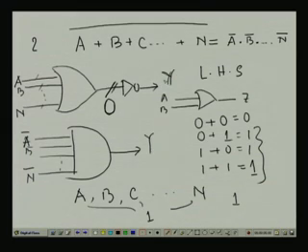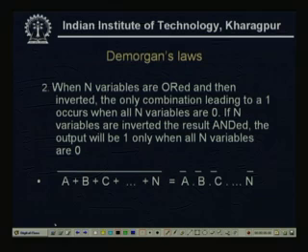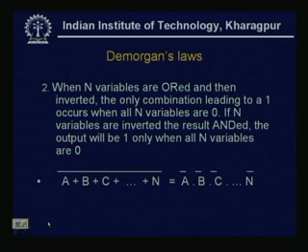So, now if we see the results, when n variables are ORed and then inverted, the only combination leading to a 1 occurs when all n variables are 0. So, this is the explanation of the first statement. Now, if n variables are inverted and the result ANDed, the output will be 1 only when all n variables are 0. So, if we see now